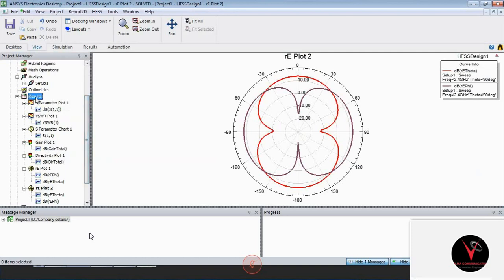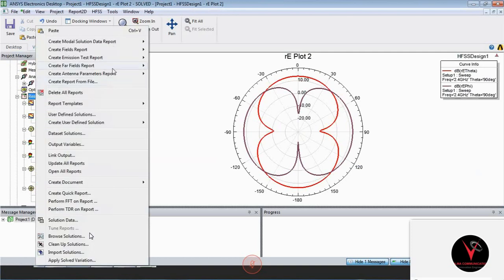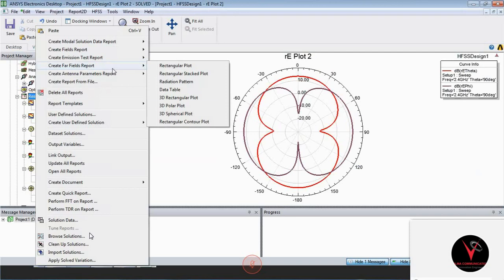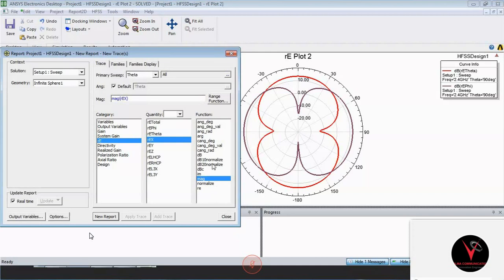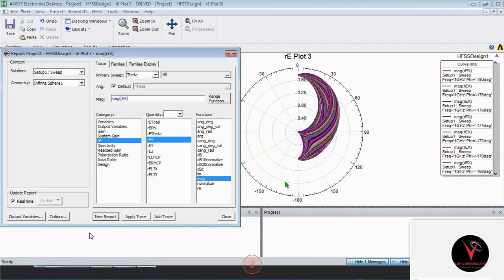And yesterday one person asked how to take EX and EY here. So again you take a radiation pattern, go for the radiation pattern. In that radiation pattern you select REX here. So you select phi, then you take REX. For that REX you have to take one of two conditions: one is a magnitude condition, or else a dB condition. If you take the dB condition, you need to convert the dB into magnitude based upon the theoretical calculator. So here I am taking it directly as magnitude. So I'll give a new report, and I'll give that magnitude.